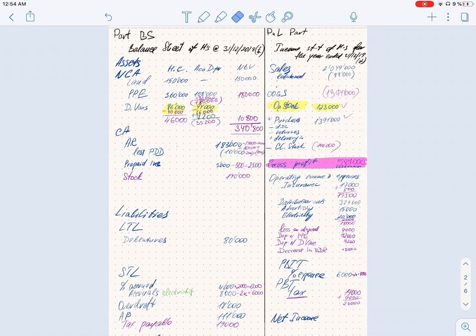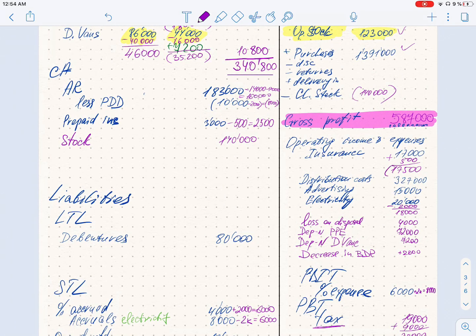Gross profit should be used for the purposes of deduction of any other expenses. So I will put a minus sign on the final amounts of expenses. This is the final expense on insurance. This is the final expense on distribution cost, advertising, electricity in the amount of 18,000. Loss on disposal with a minus sign, depreciation, property, plant, equipment, and delivery expenses. And the only amount which should be added but not deducted is the decrease in bad debt provision. And the operating profit before interest and tax is the gross profit less all the expenses plus any other income. And eventually this amount equals